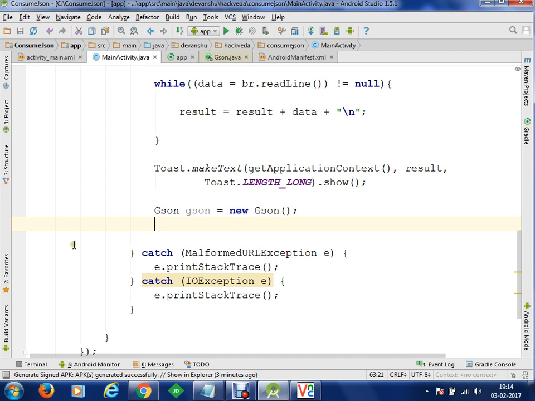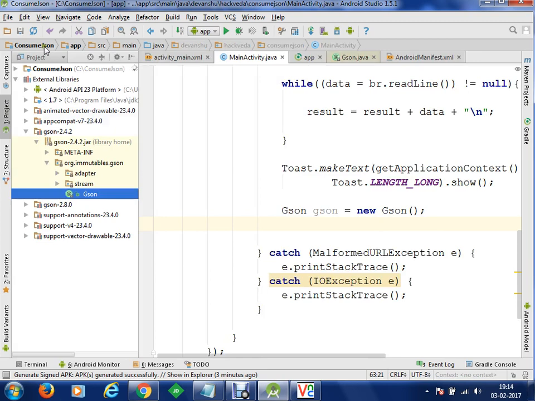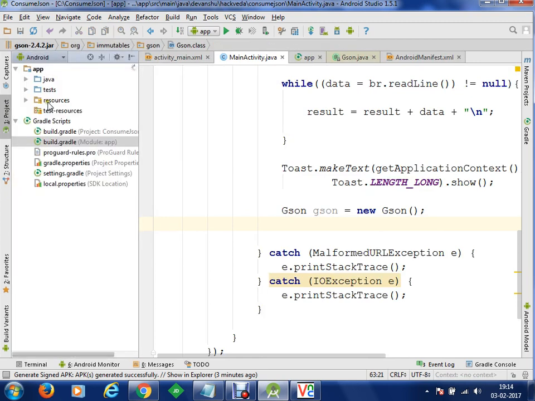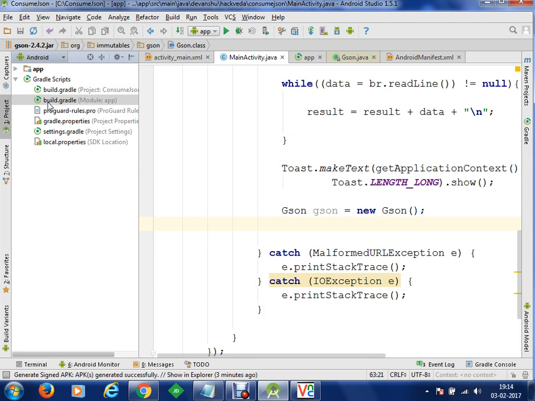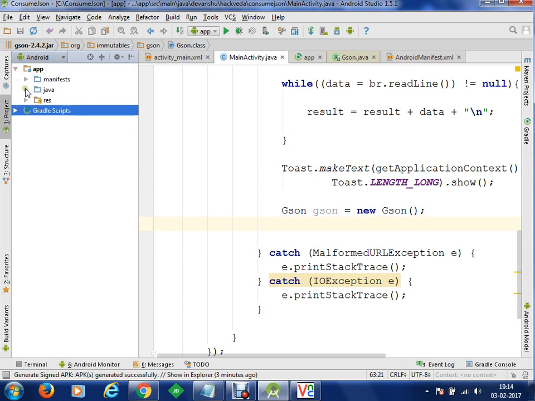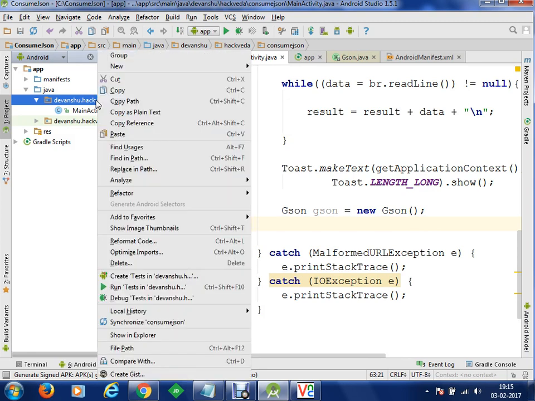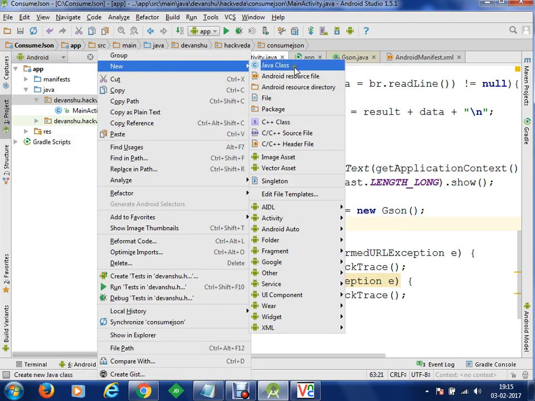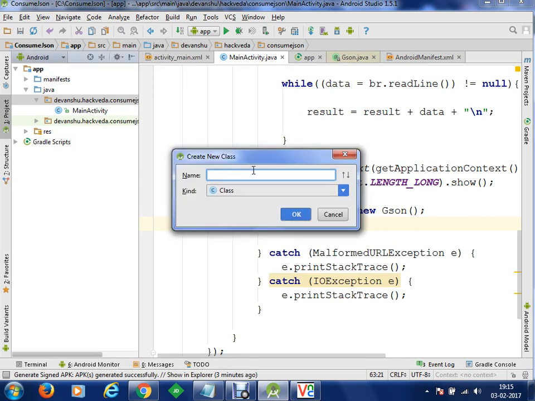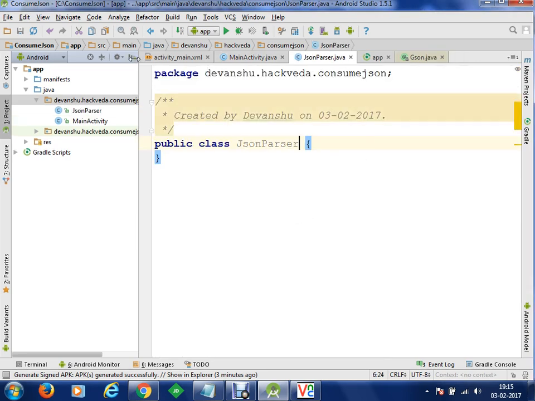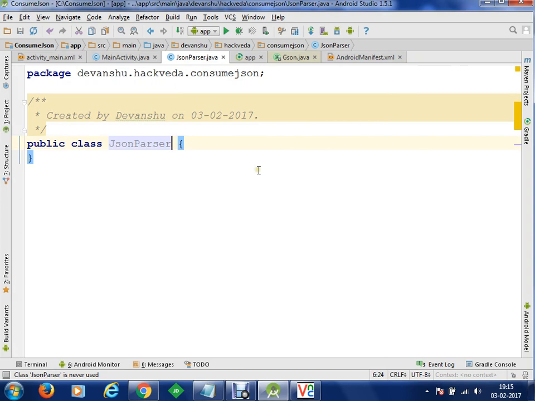To create a parser, what we need, within our project, is to create a new class, and this class will be known as parser, which will parse our JSON response. To do this, we'll go to app, within Java, within our package, and create a new class. Let's create a new Java class, and give it a name, let's say parser. Or I can also call it JSON parser. Clear? I have clicked OK, and now I'll get a blank class known as JSON parser.